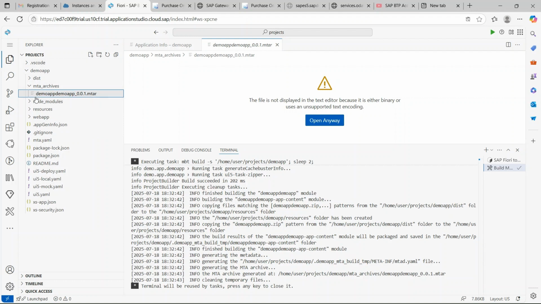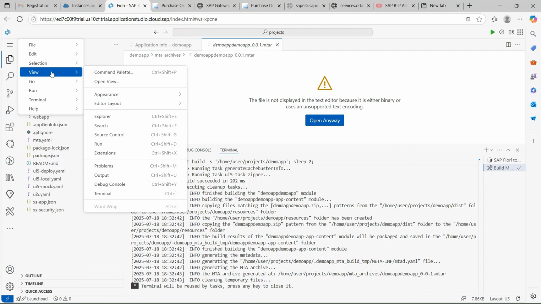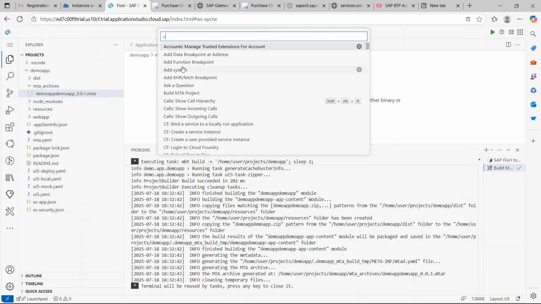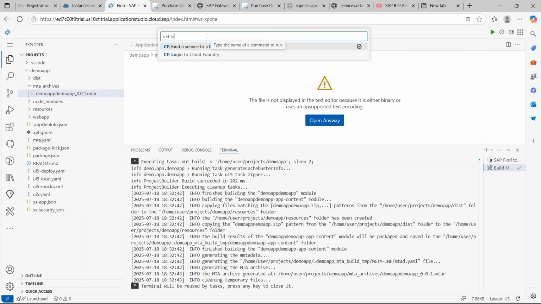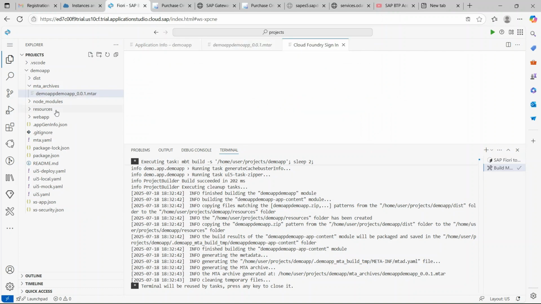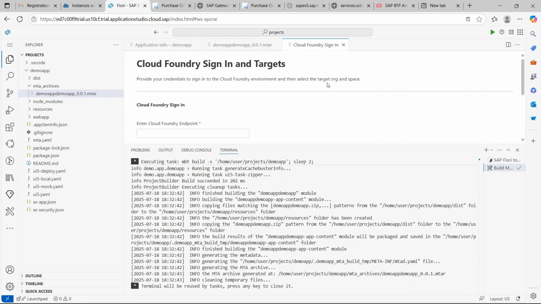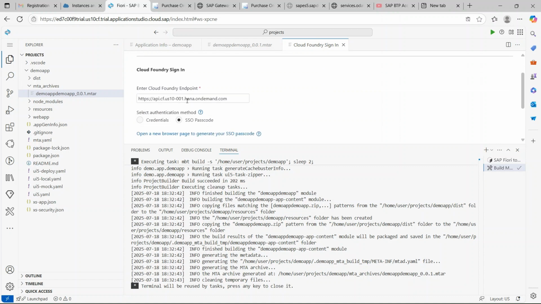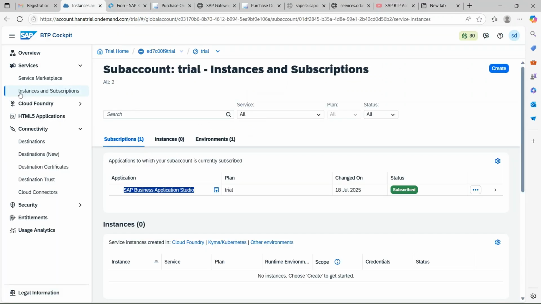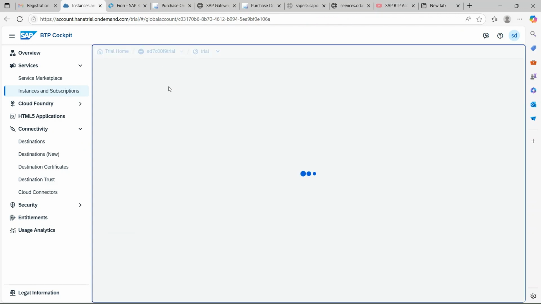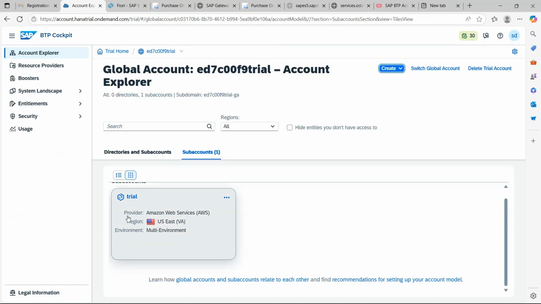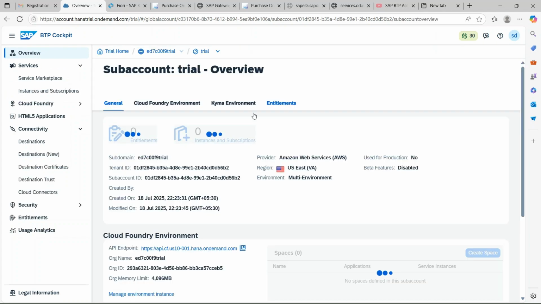So before deploying this file to SAP Cloud Foundry, you have to first check if you are correctly logged in to the SAP Cloud Foundry API or not. To check that, you can click on View, go to Command Palette, and do CF login. You have to log into Cloud Foundry in order to deploy this application. So here is the API name automatically populated. If it is not populated, you have to copy this from instances and subscription. You have to go over here, click on trial account,